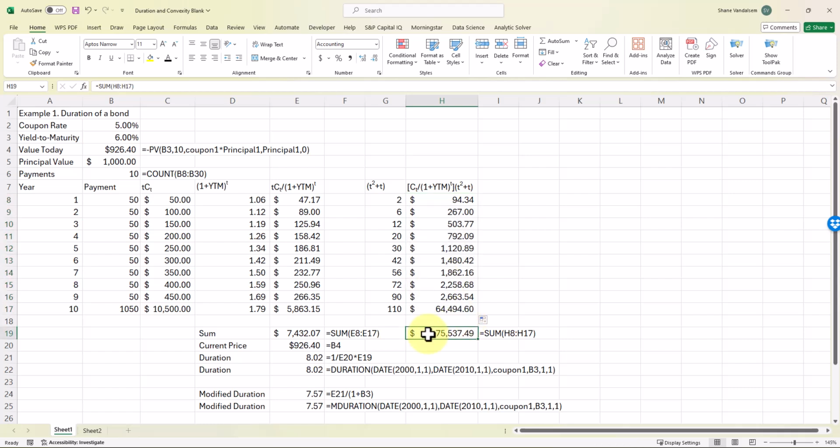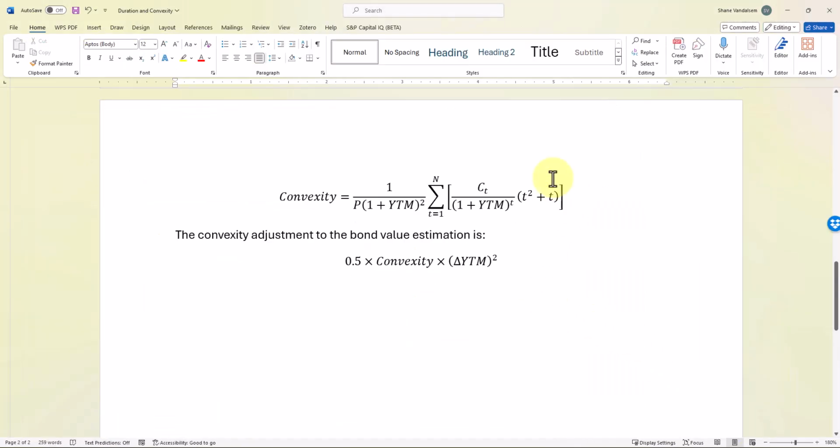And then I've already put in here, so we're going to put in here sum, highlight our values, and you should get a value here of 75,537.49. So going back to our equations here, we've calculated now the sum of this value. Now we're going to multiply that by 1 divided by the current price of the bond, and that price multiplied by 1 plus the yield to maturity squared